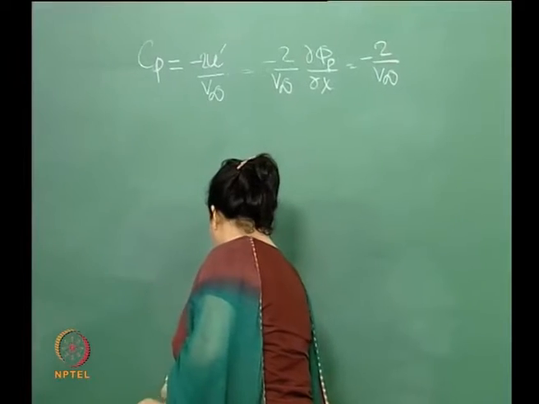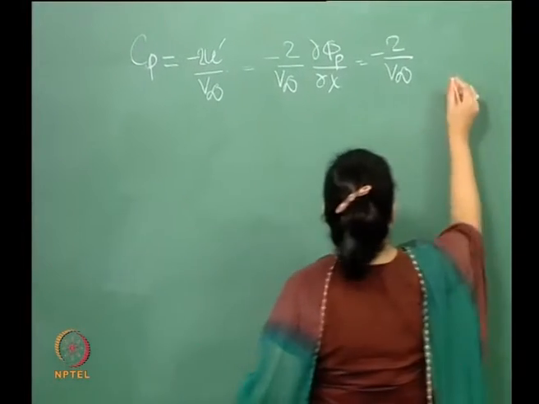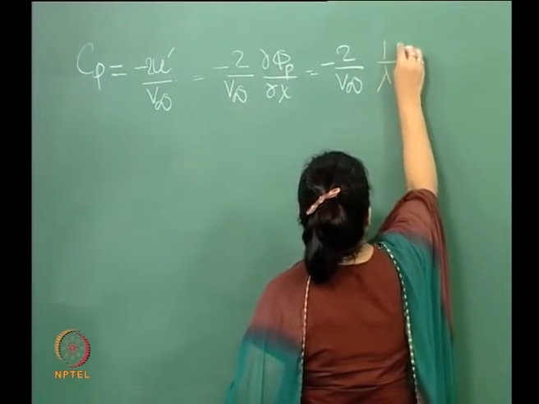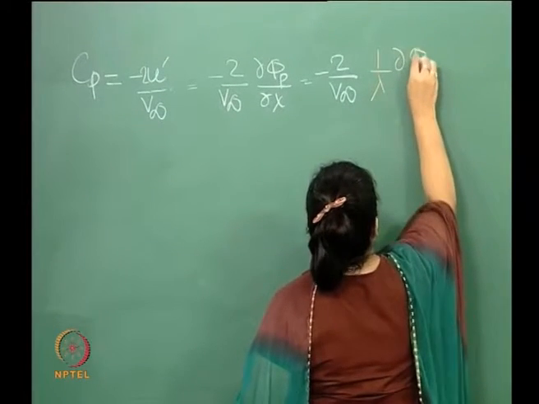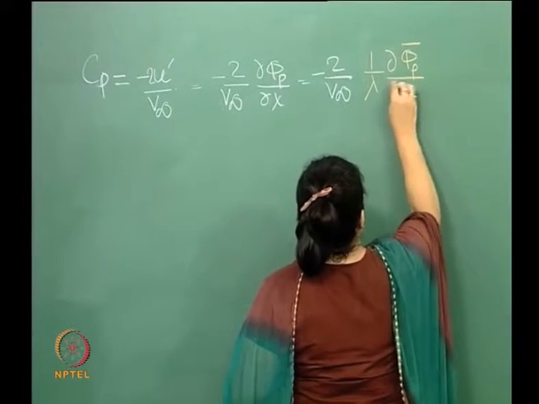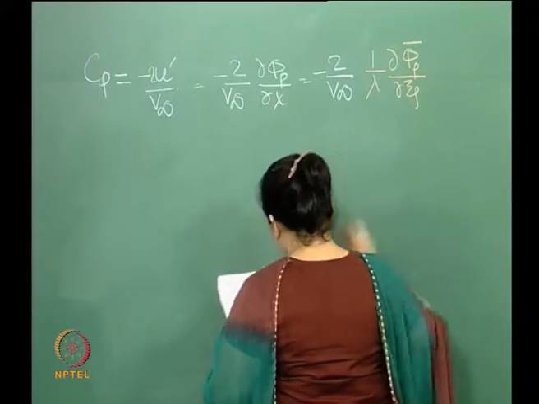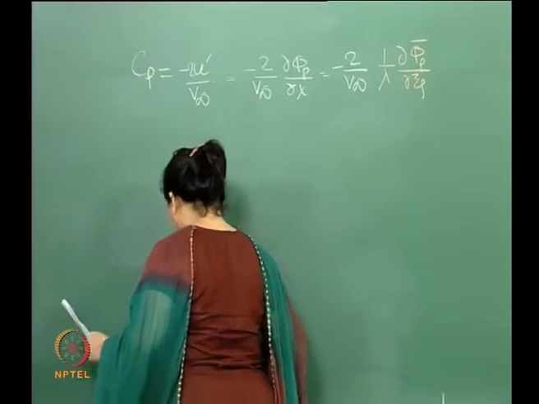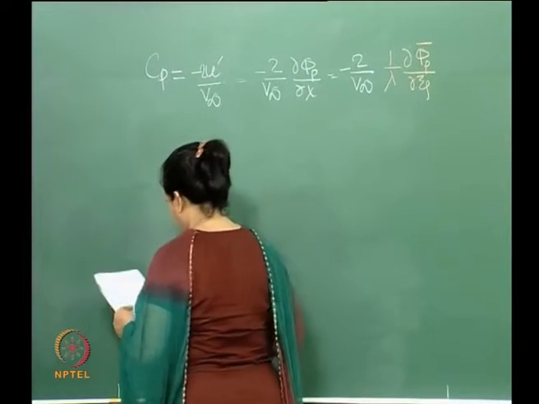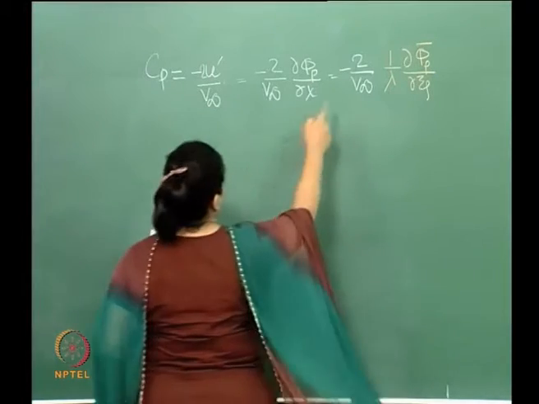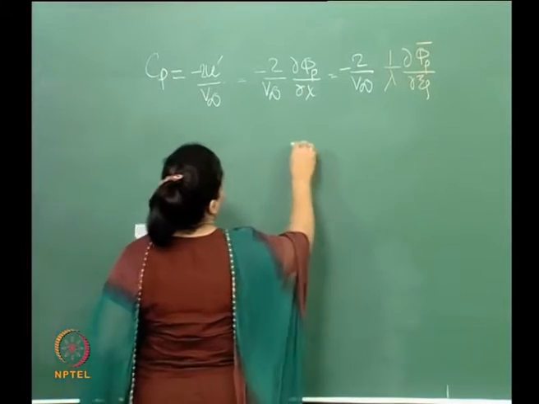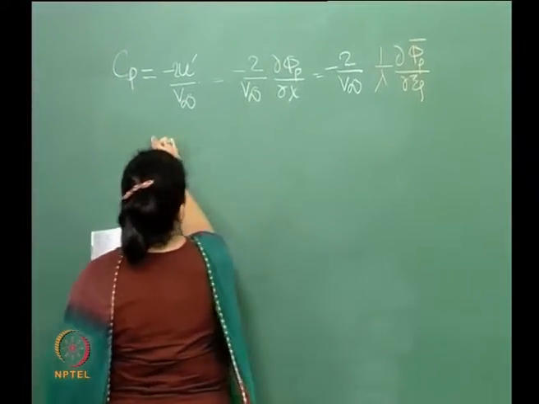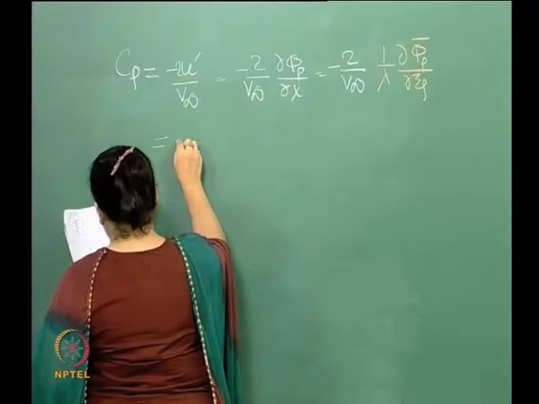Now, if you transform this, what you get is, right. So, then I am going to write this as, so let me write that as